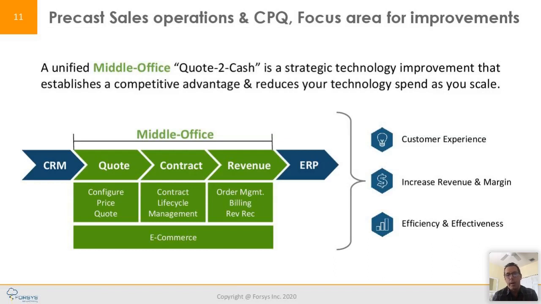Revenue and margin, right? And they are separate. Some people are really concerned with top line. Others are really concerned with the margin. Are you doing rogue discounting? Do you really understand how you should be discounting in different areas? Can you upsell? Can you cross-sell? These are just some of the items within the CPQ.